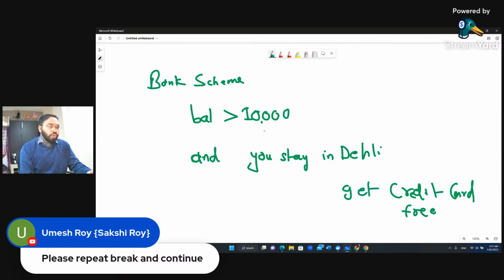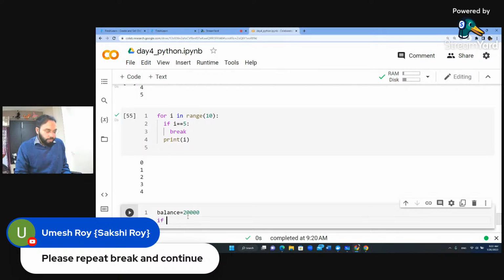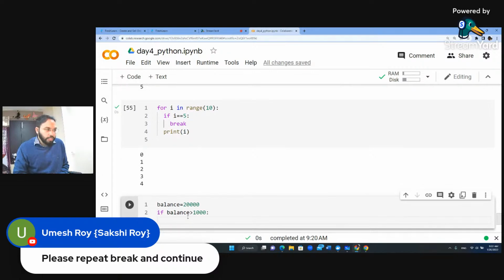Get credit card for free. If you have balance more than 10,000 but you don't stay in Delhi, let's say you stay in Mumbai, you will not get a credit card. So this scheme is only for the Delhi people and only for those people who have balance more than 10,000. Now how can I do this? I can write if, let's say I have a balance variable, let's say 20,000. So I have to write balance greater than or equal to 10,000, and once this is right, then I will check city is equal to Delhi,